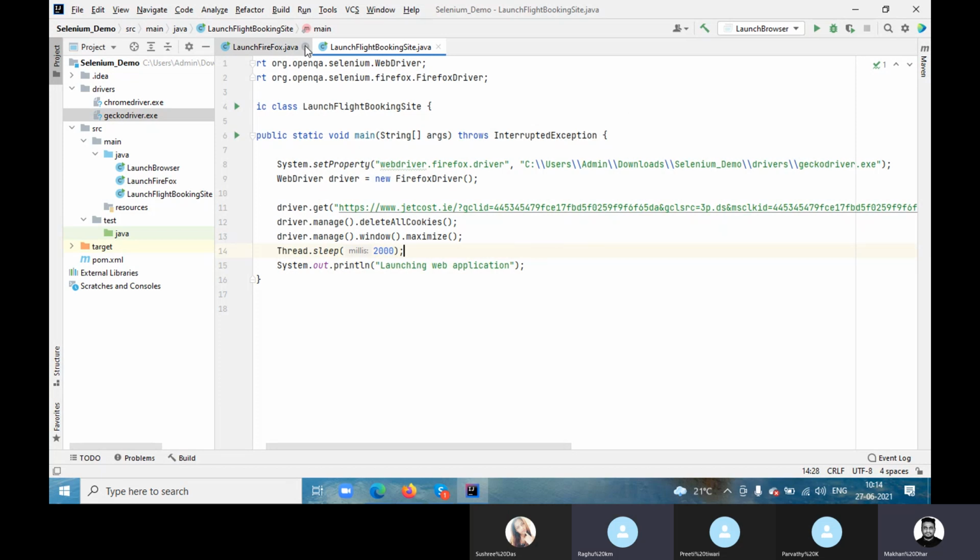Okay, just a question. Why are you not using the try and catch here? Usually we use try and catch whenever you want to cross-check, like cross browser testing. For example, you have set up two different browsers, Chrome or Gecko, and you want to run with either Chrome or Gecko. In this case, you can.